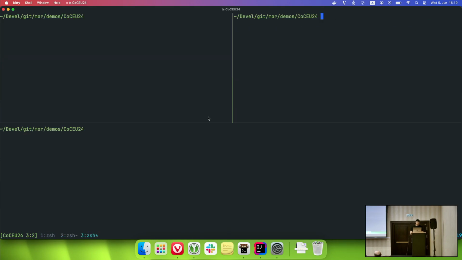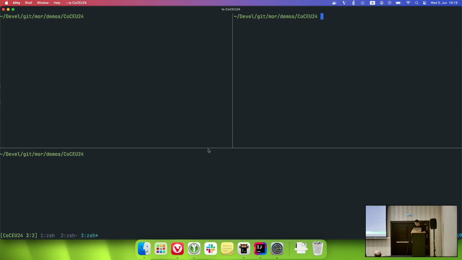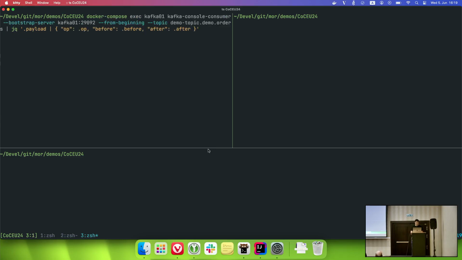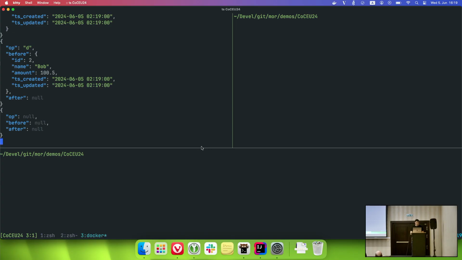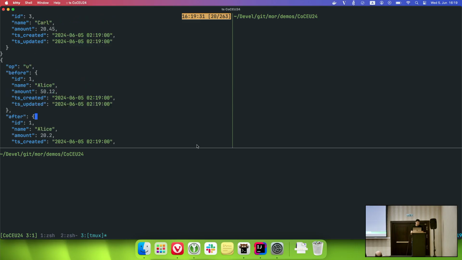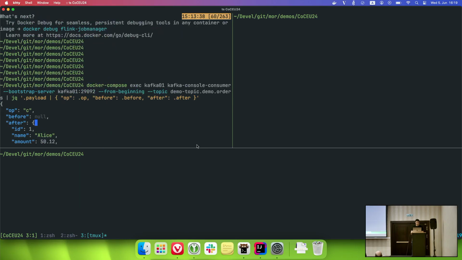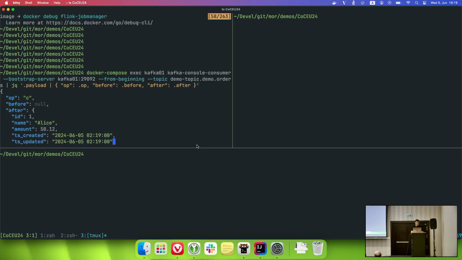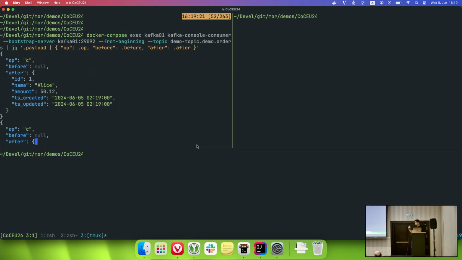So at the moment, all those changes are in Kafka. With a Kafka consumer, I can observe those changes. So I started one simple terminal consumer, and you can see Debezium has its own format, but I'm only interested in the operation.